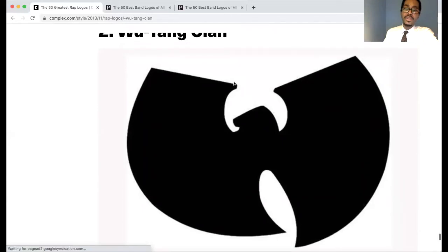But you can see this W is very bold. It has very sharp edges. It's very reminiscent of an artifact, something that you might find buried in the ground. If you're an archaeologist, you dig something up and find this very sharp, bold artifact piece, this ancient piece of symbolism. And to me, when I saw this little piece in the middle, the shape,